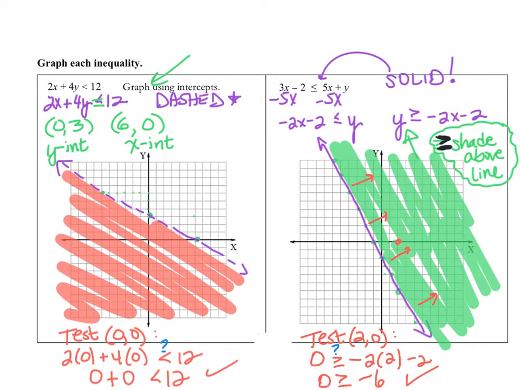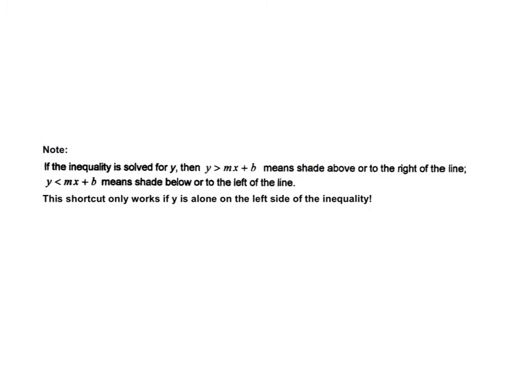So again, if you're using intercepts to graph, you have to use a test point. You need to use a test point in this case. If you're solving for y and you have y greater than or equal to, or y less than or equal to, or greater than or less than, if you've solved for y, then you can use this kind of shortcut method. So I sort of have that indicated here. If you solve for y, and this would be true whether it's greater than or greater than or equal to,